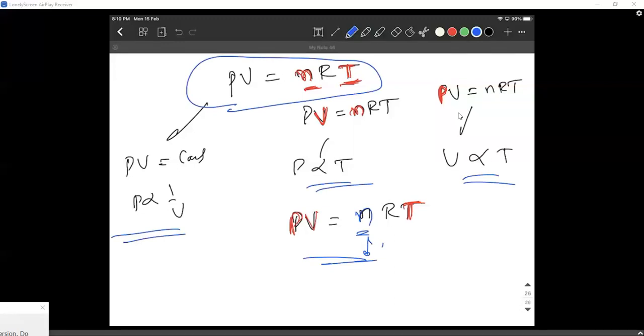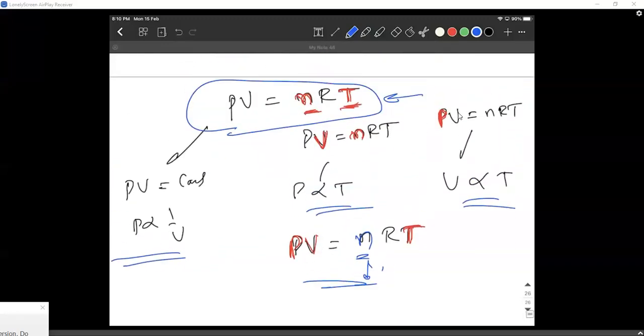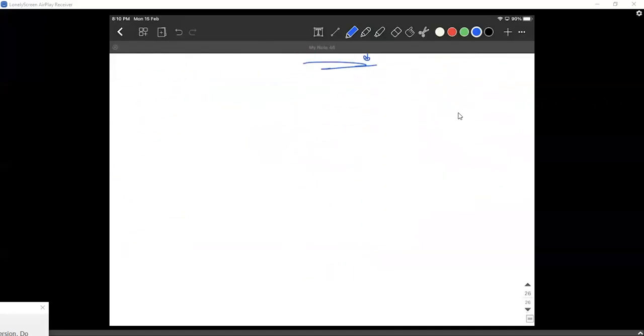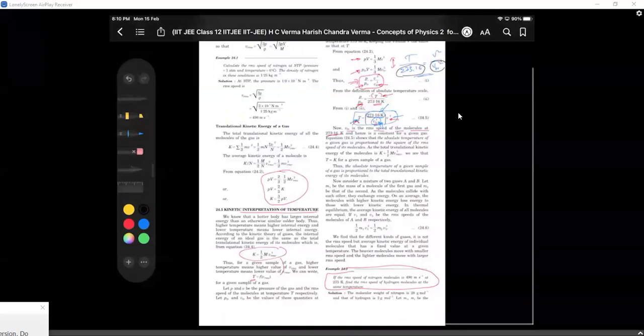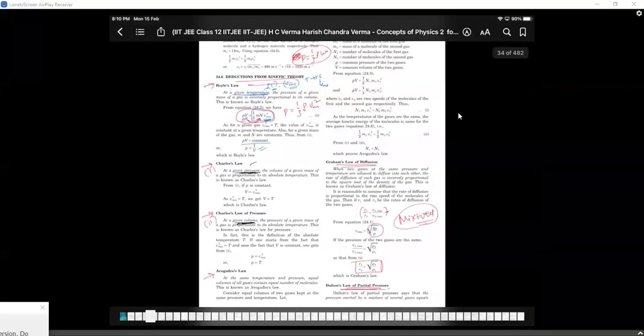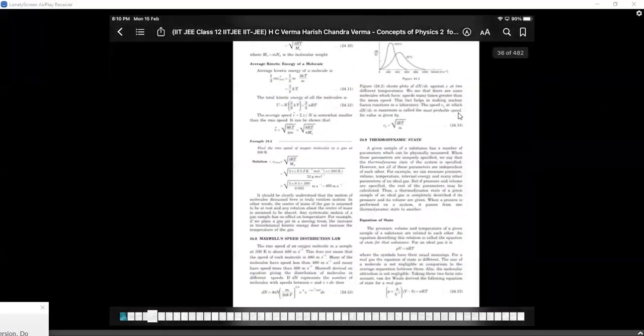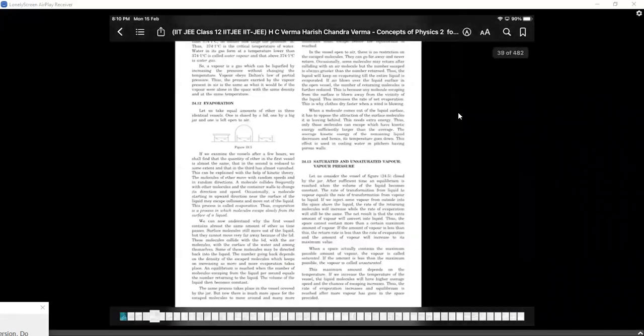From this point onwards, guys, because this equation speaks of all the other quantities and all the other laws that we've come across, we are going to use this equation, and this is where all the problems start. All the mathematics starts from this point. Let me show you that. This is the theory that we're done with today, and let me show you the problems.